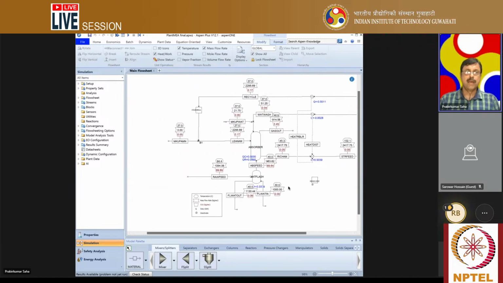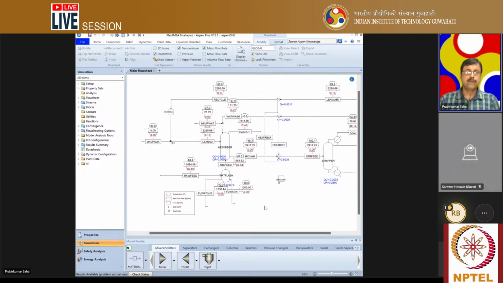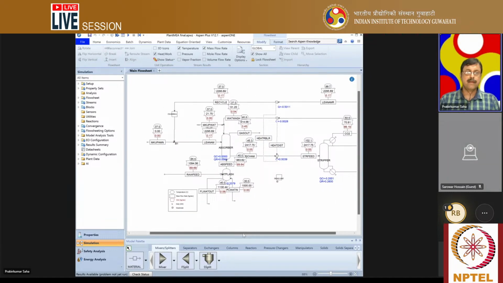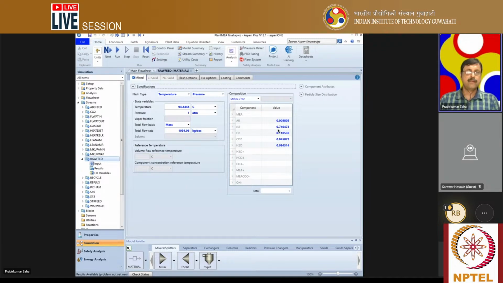Here we have a process plant where it is used for CO2 sequestration. So we are having a raw feed, and that raw feed contains 1000 kg per second of